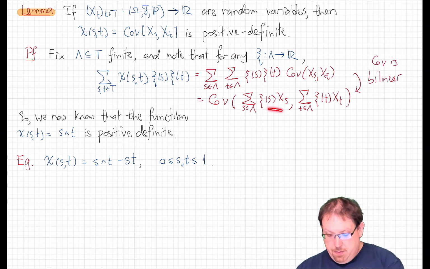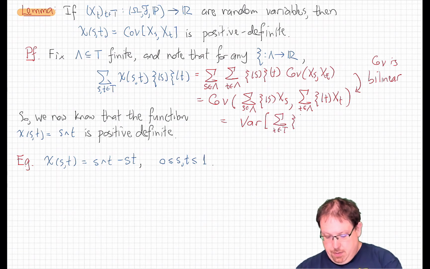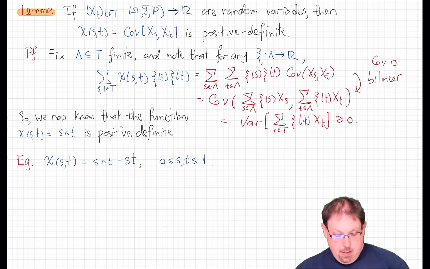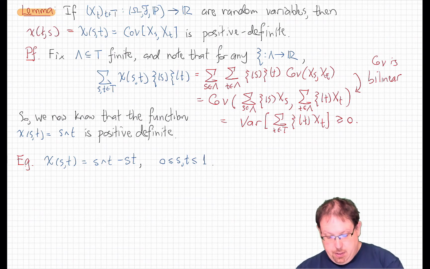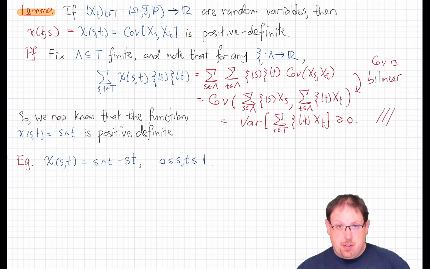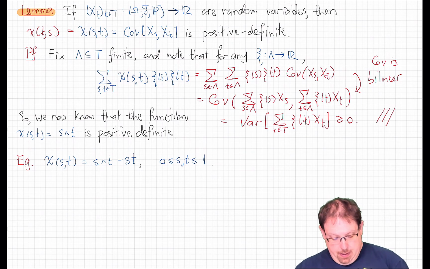But that's the covariance of the same sum with itself. In other words, it's the variance of the random variable sum over t of psi of t xt. And whatever that random variable is, the variance of it is non-negative, as we needed to establish. Of course, the fact that chi is symmetric follows easily from the definition of covariance as well. So this function, which is the covariance function for Brownian motion, is positive definite. Here's another example, by the way, of a positive definite function: s min t